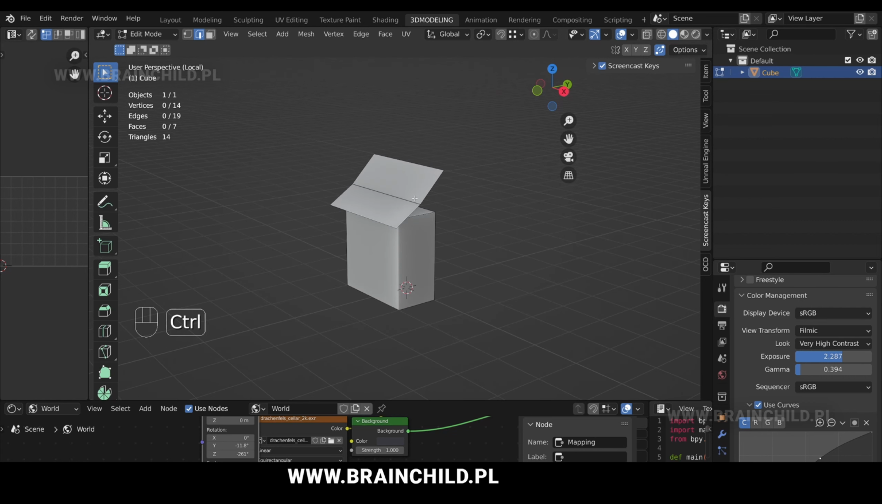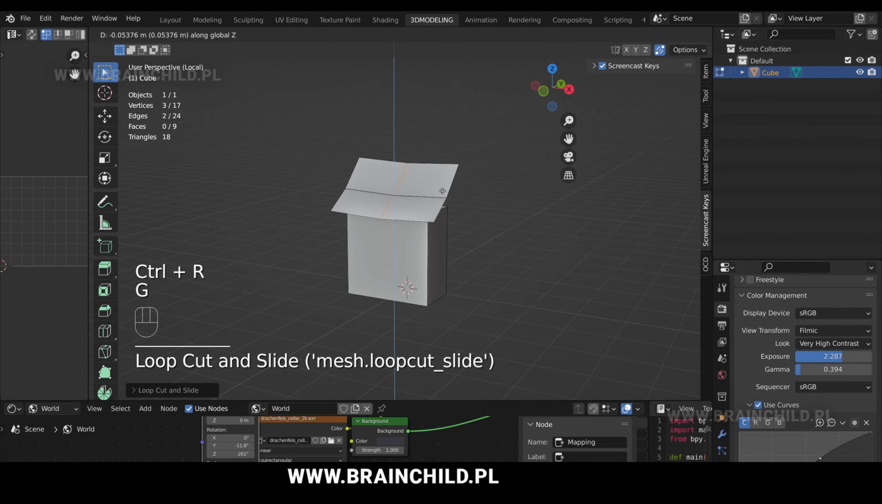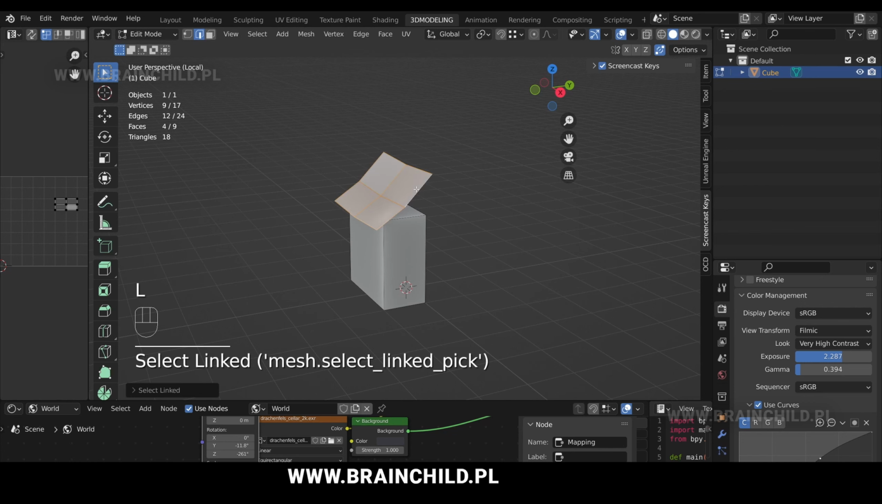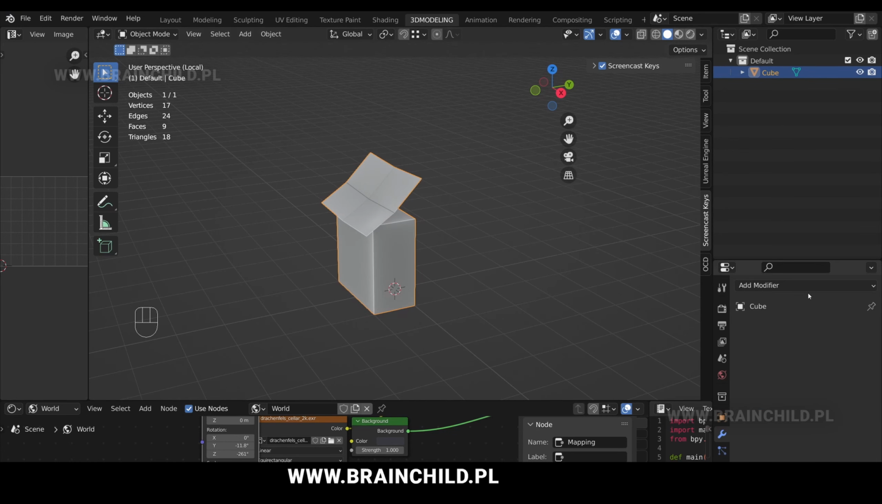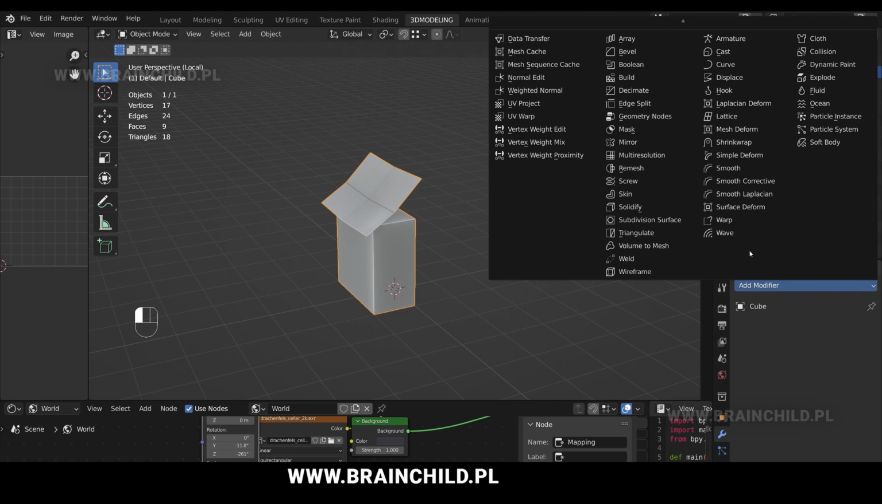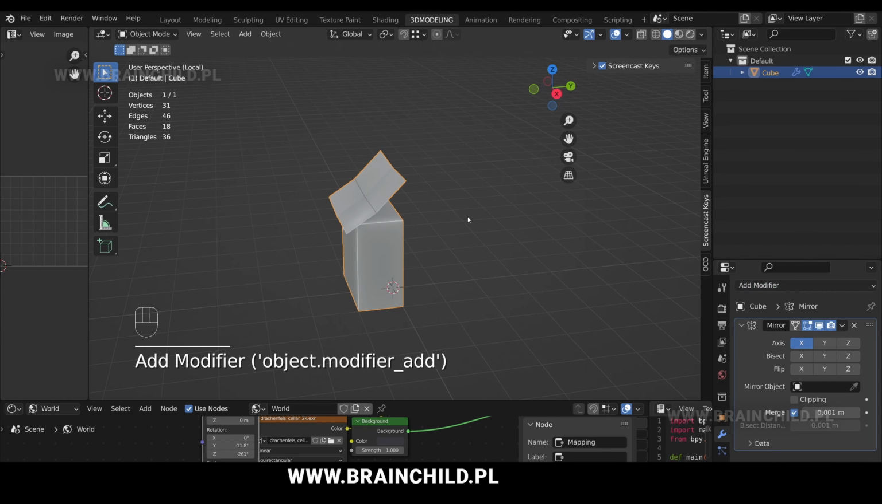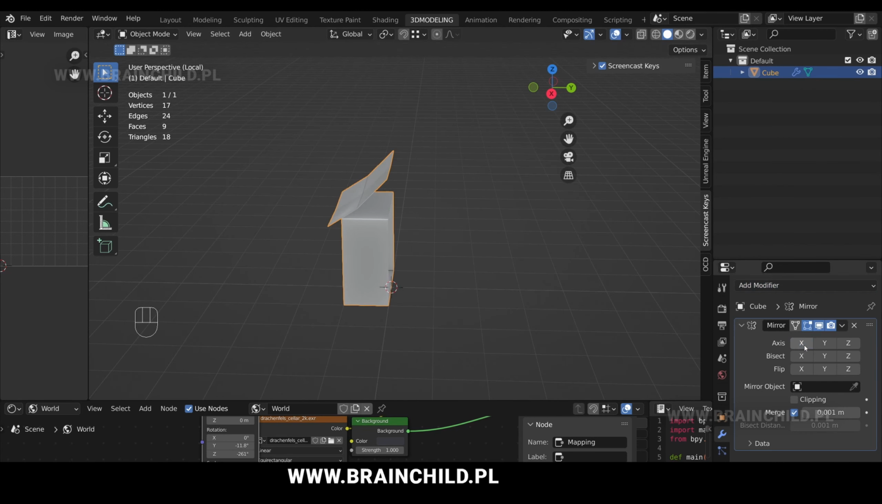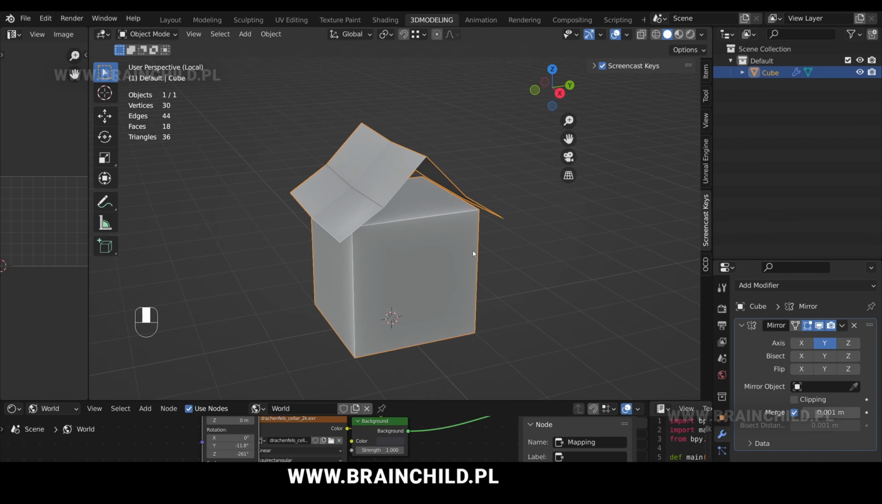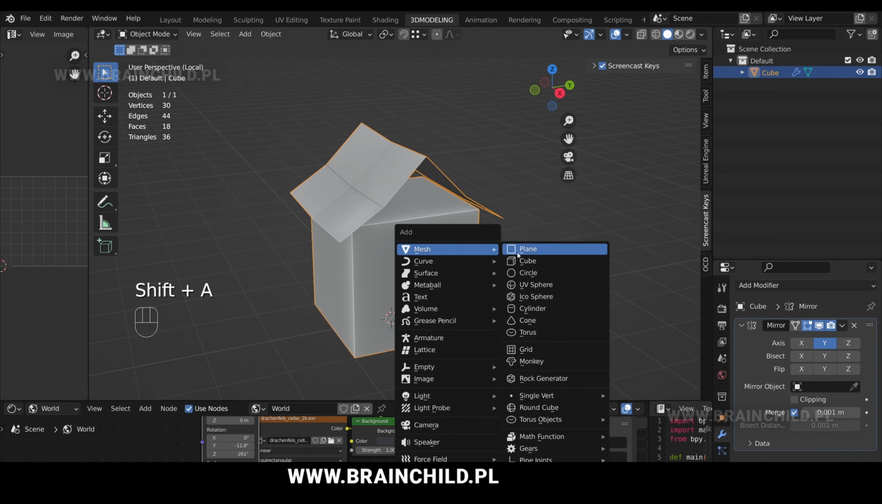Ctrl R to add a loop cut in the middle to give it a nice curved shape. Go to the modifiers, add a mirror modifier, Shift A to add a cube model,